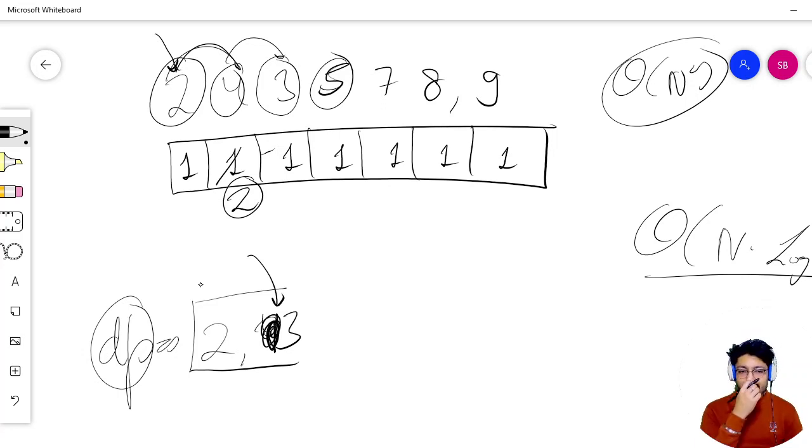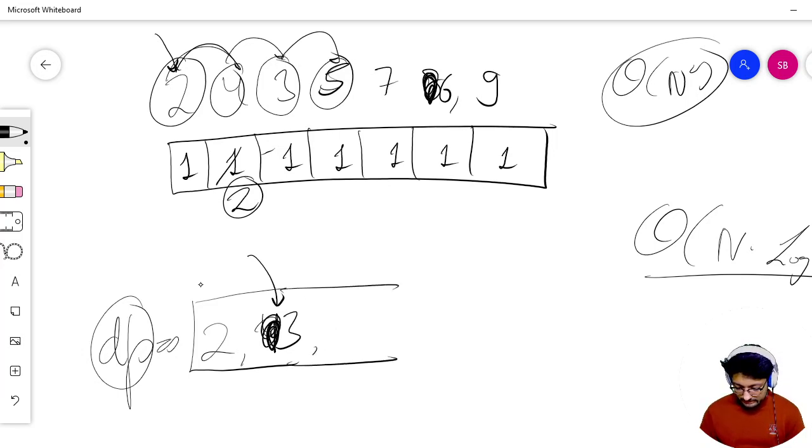So that is why I'm just updating this array at any instant of time: what is the minimum element I can place at this point of time so that it will continuously be increasing. Okay, so let us put the next number as 5. 5 will be placed at the end because I will do binary search over this dp array, that is continuously increasing, and find out the position where I have to place the current number. So 5 should be placed after the last element.